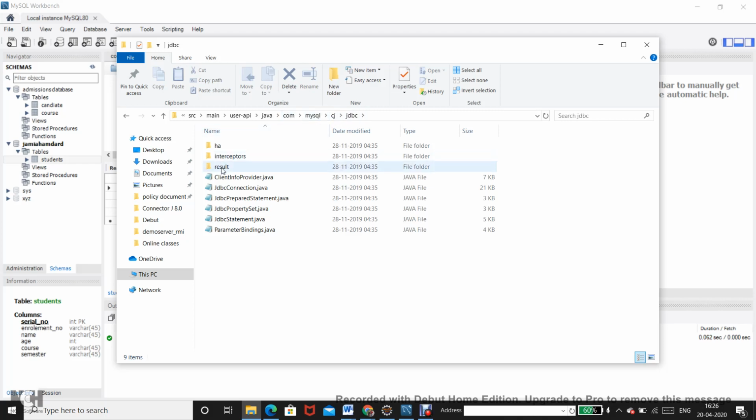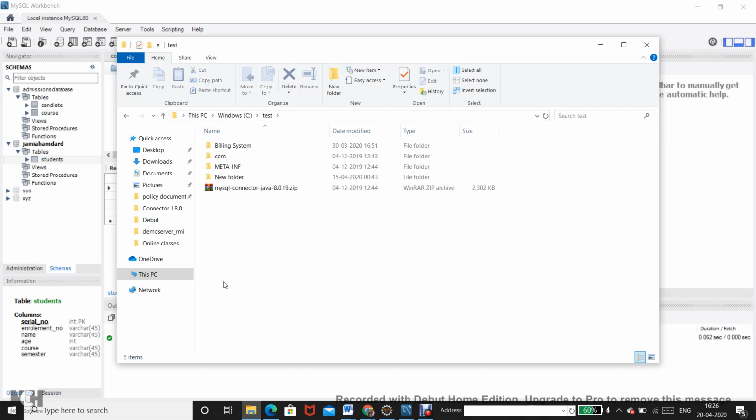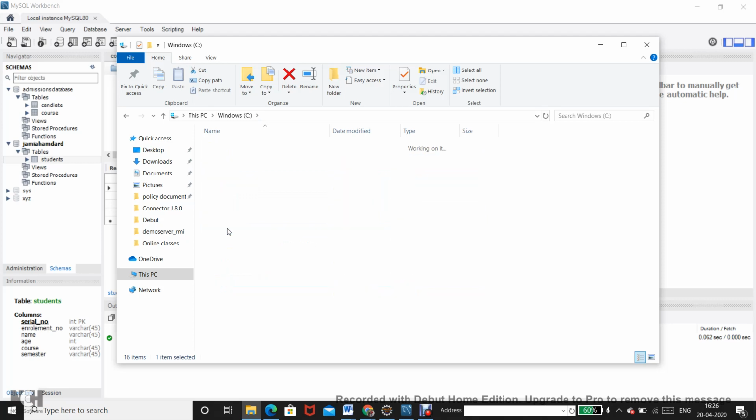Okay, and then you should have the driver class over here. Just hold on. I have downloaded from the net, so I'm not very familiar with which version it's using. Okay, see, com.mysql.jdbc. This is the driver class, and actually the source code that I have downloaded is for some different version.